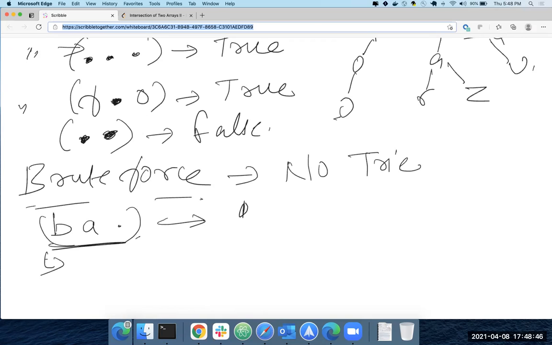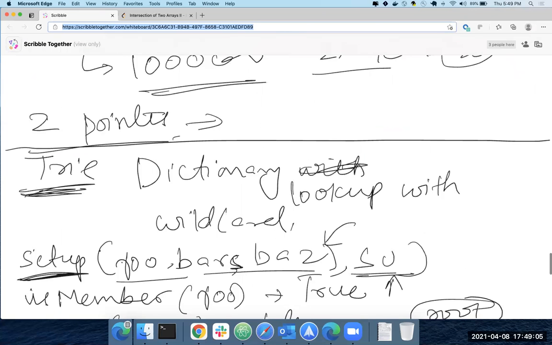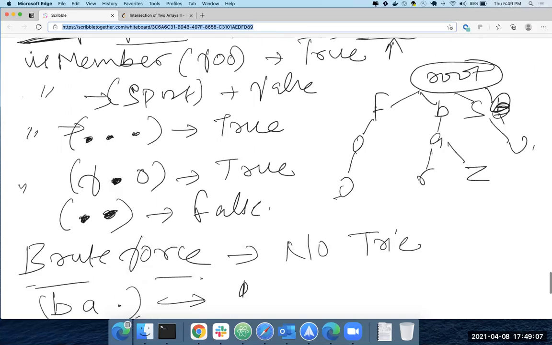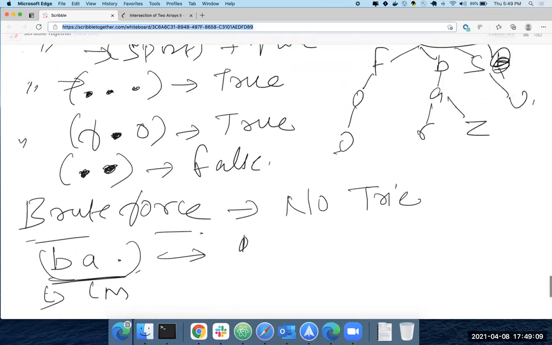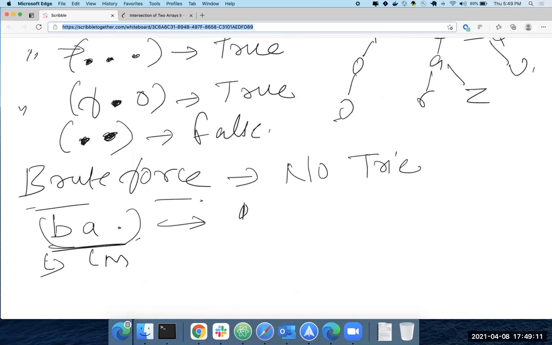Yeah. So give me in some terms. If the length of the string that we are searching for is M, and the length of each of the words in the array is N. Do you care about the length of each word?